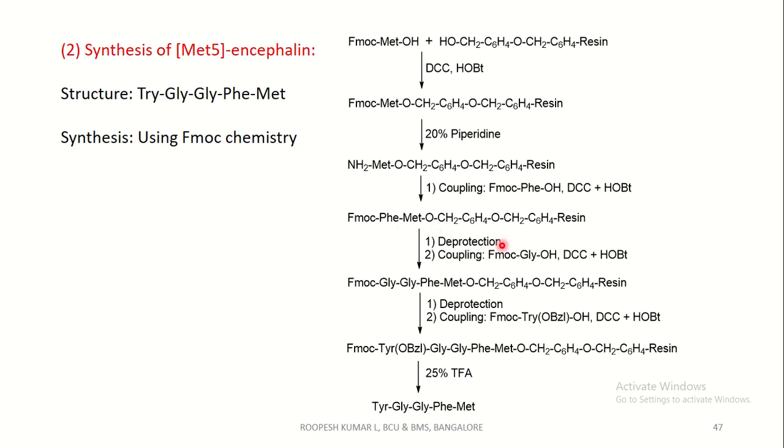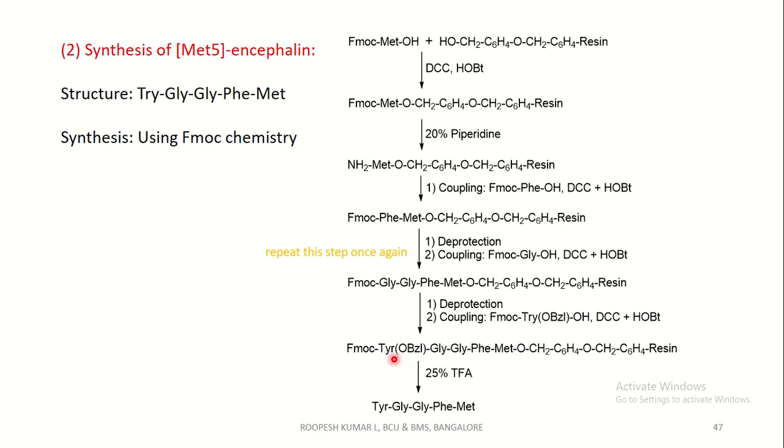To this, again following the same step, deprotection using piperidine and coupling with FMOC glycine through the DCC-HOBt method, you get a tripeptide, and you should repeat this step once again. Since there are 2 glycines, you follow the same step twice, so you get a tripeptide with the Wang resin, and follow the same step, deprotection and coupling with FMOC tyrosine through the DCC-HOBt method, we get a tetrapeptide, that